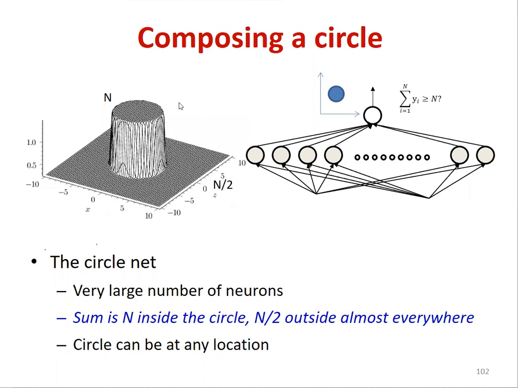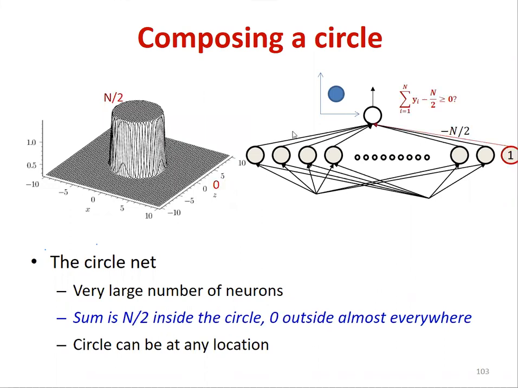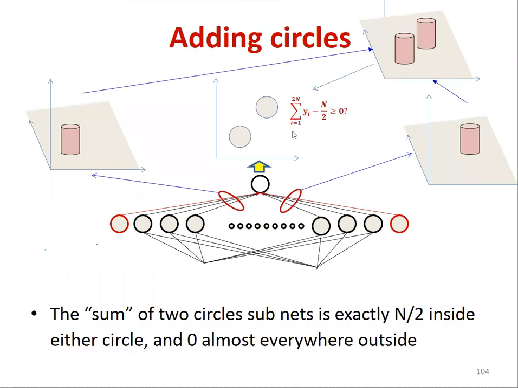I had a quick question on the thresholds on the slide that has the two cylinders. Yeah, here. Why is it that the threshold would be n over 2 and not n over 4 for each of those cylinders? So I've used n neurons to compose the first cylinder and n neurons to compose the second cylinder. So this is not the total n. N is the number for each cylinder. Okay, I see. Again, the concept is important, right? That it's a very large number.